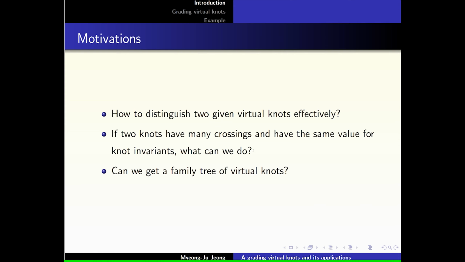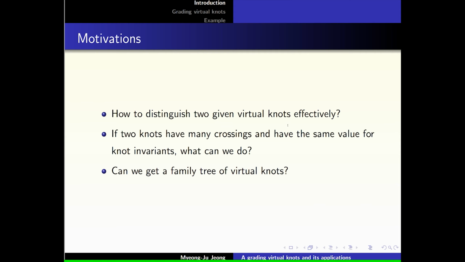Now we have a question about comparing virtual knots. So in this paper we will study how to distinguish two given virtual knots effectively. Actually there are many invariants of virtual knots, and we can compare virtual knots by using these invariants. But if two virtual knots have many crossings, then although it is possible to compare them by using virtual knot invariants, it can take much time to compare them, and in this case